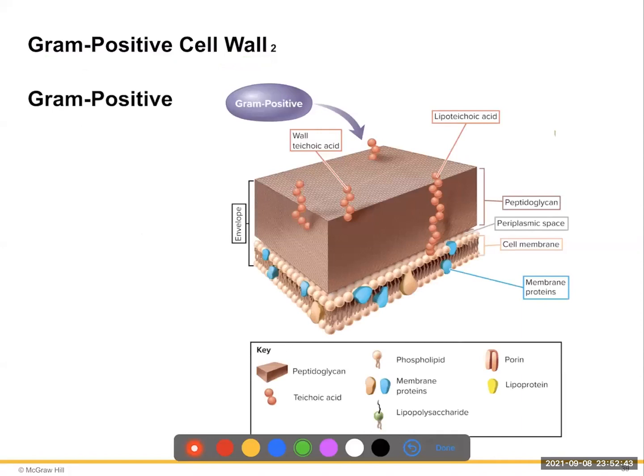Okay. So this is your gram-positive bacteria. You can see this thick peptidoglycan layer. Okay, see how thick that is. You've got the teichoic acid. This is your envelope, the entire thing. You have proteins in the membrane. This is your cell membrane below it. Remember, membranes are a